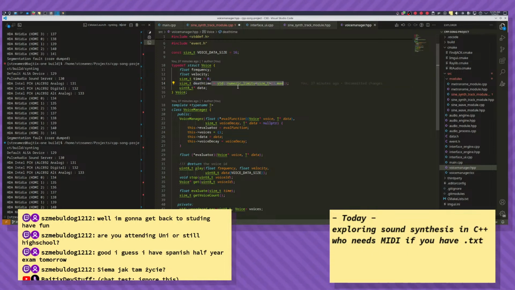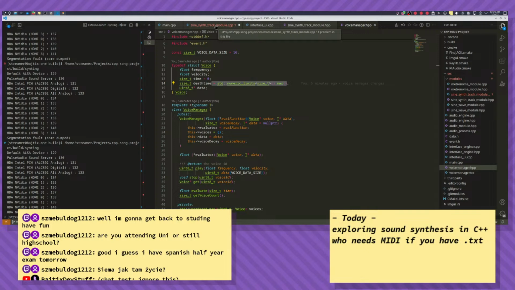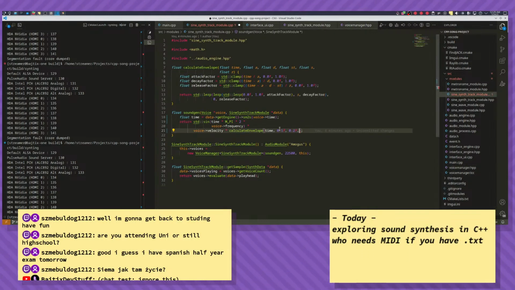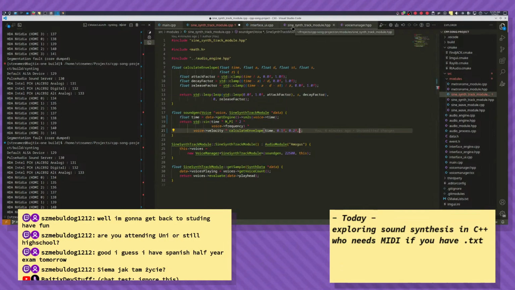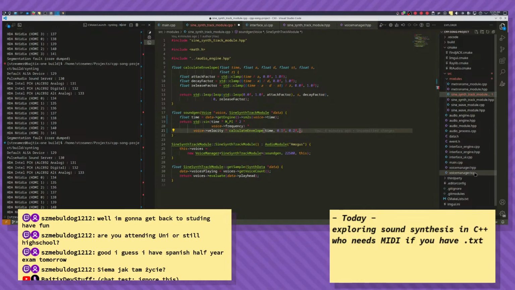We just store. I guess this works. I guess we don't have to do anything. Just instead of setting this to be this arbitrary value, right? In the voice manager, what I'm going to do is